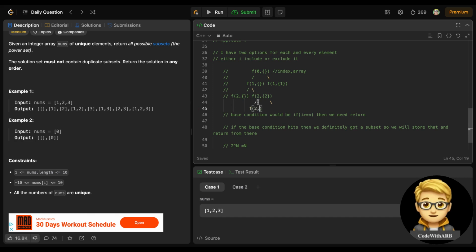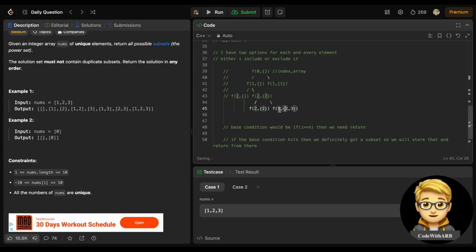If I don't include this, it will be left with 2, but if I include this, it will become 2 comma 3, right. But after this I will hit the condition that goes out of bound. So when I go back from this to its parent, I will pop out the last element which we have inserted, that is 3. So this will become f22 again, and I can go to any other branch, because from here I need to go to here, or here, or here. I need to backtrack, because this 3 was inserted for this part only, and for here there should not be 3 in this array.